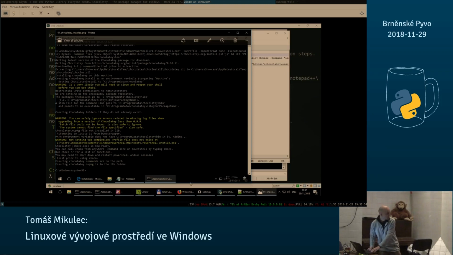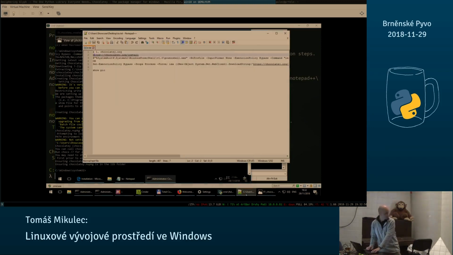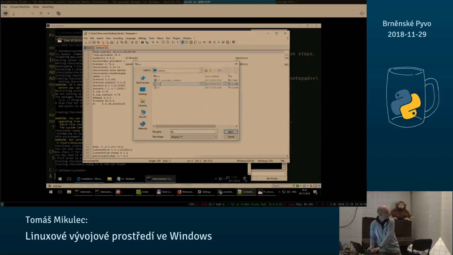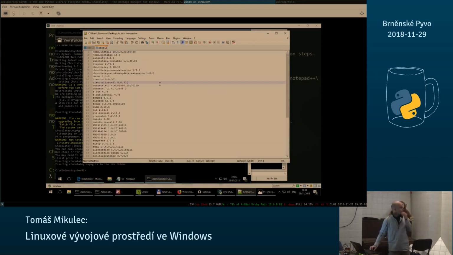What it can do later is that, for example, I have this file, which is usually what I use. You have a bunch of software you are used to, and you just do choco install, paste this whole thing, and you have everything installed. You don't have to worry about anything. And what's nice when you have it done,